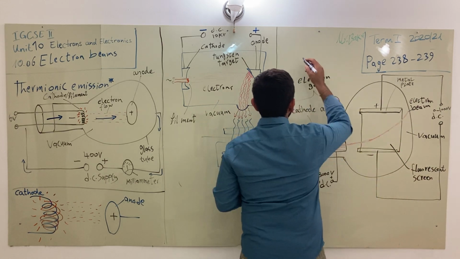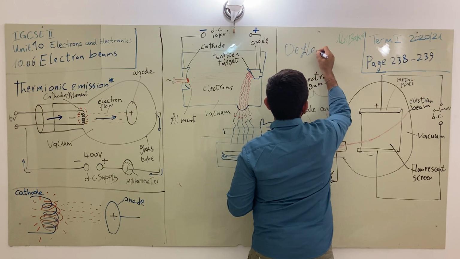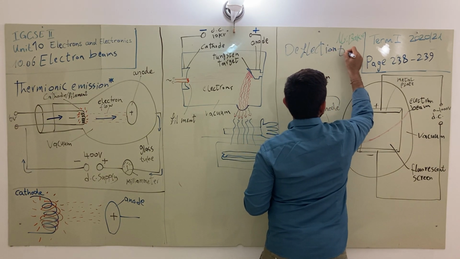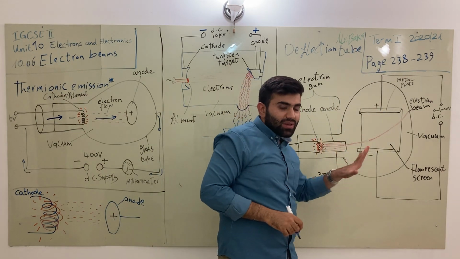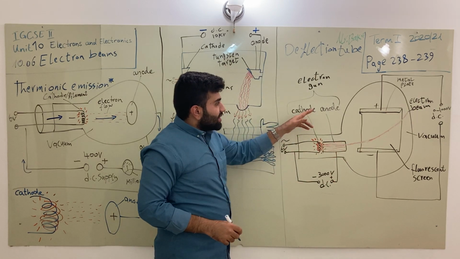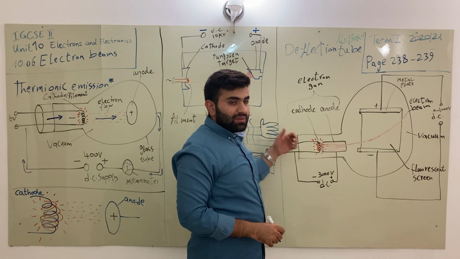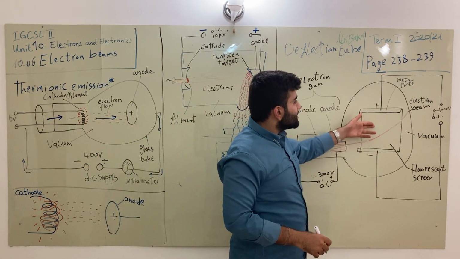deflection tube, let me write it. Deflection tube. Deflection, that means to what? Bend. So here we have the cathode and the anode, high voltage, small voltage for warming up the filament, as here and as there. Now this blade,